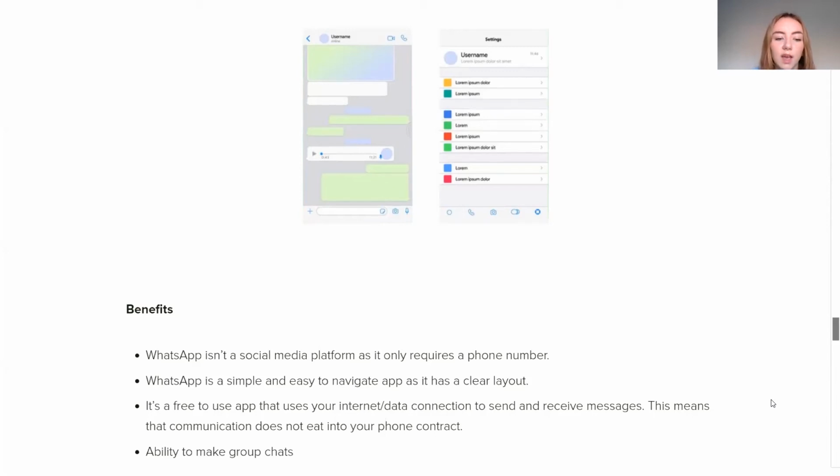So the benefits of WhatsApp. WhatsApp isn't a social media platform as it only requires a phone number. This is the key difference to Facebook Messenger. I'd say they're both great messaging applications, but WhatsApp isn't social media based, it's phone number based, which makes it much more accessible because people are far more likely to have a phone number and somewhere to download an app than to have social media presence, obviously depending on your audience and the people that you're looking at communicating